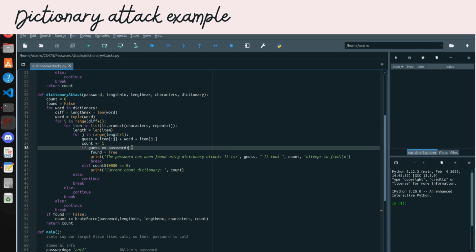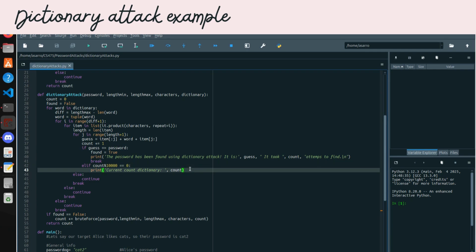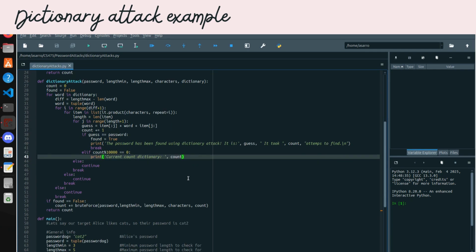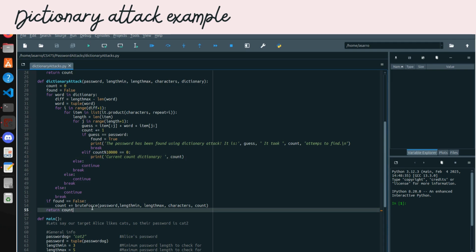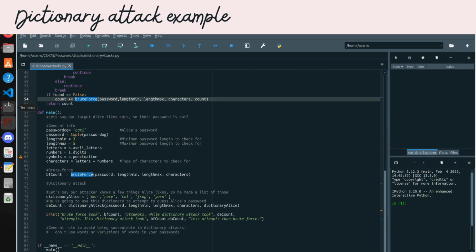And then we will check if our guess is equal to the password. If it is, then we found it. If it's not, it will keep going. Every so often it will print out the count just so we know that it is still going. That's just for our use. And then if all else fails and the password was not found using the dictionary, we just have it default to brute force. So if I run this here,